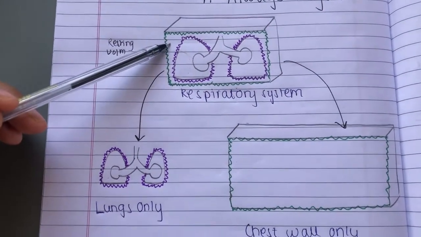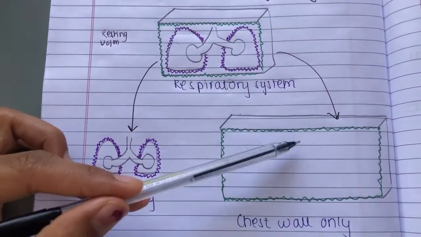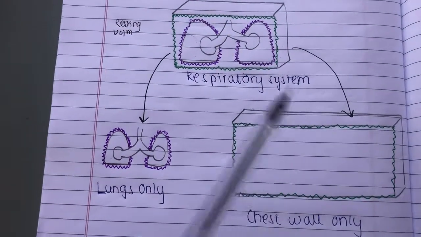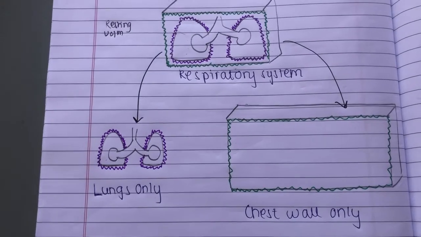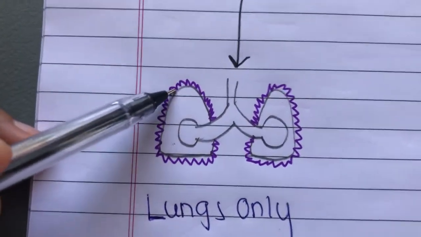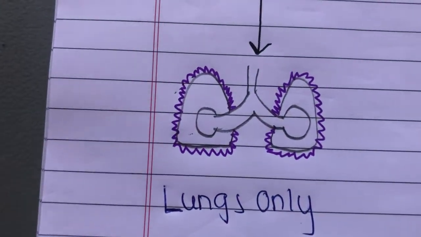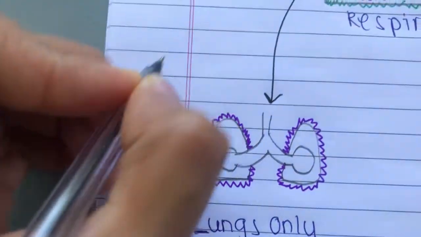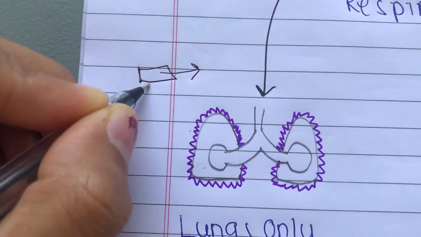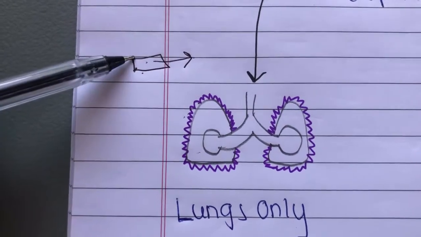Whereas for the chest wall, it is the opposite. The chest wall is slightly contracted, but when you remove just the chest wall without the lungs, you can see it slightly expands. Now, why does this happen? Let's see. Lungs have elastic tissue and collagen in them, which causes the lungs to have a tendency to recoil. Let's take a rubber band. If you stretch the rubber band, it will return to its normal position. Why will it return to its normal position? It is because it has an elastic recoil in it.